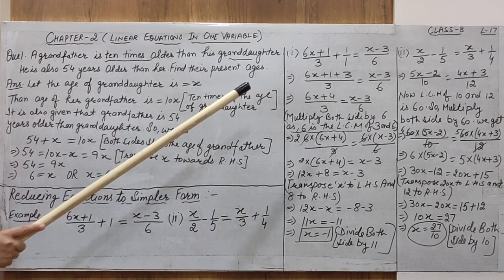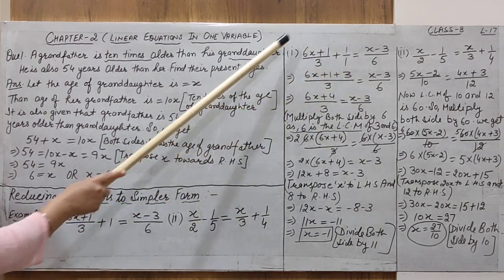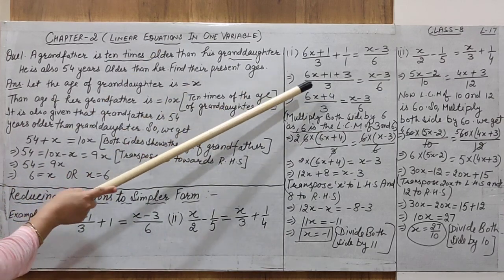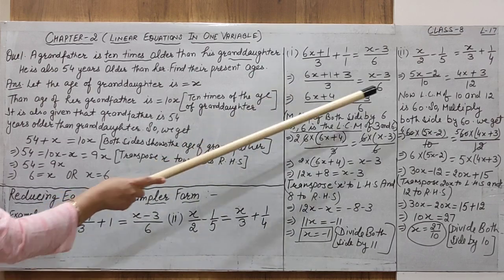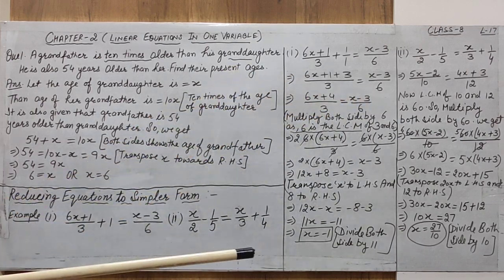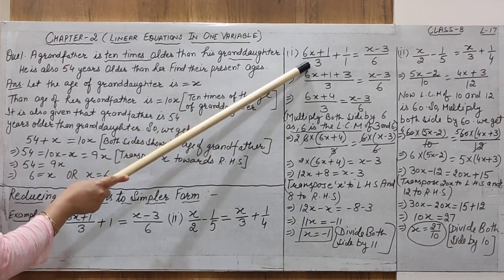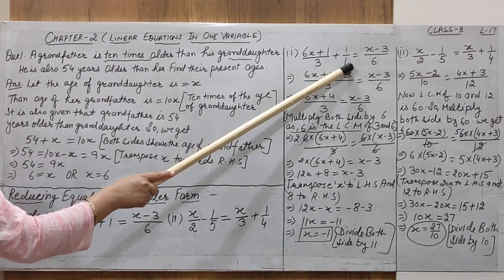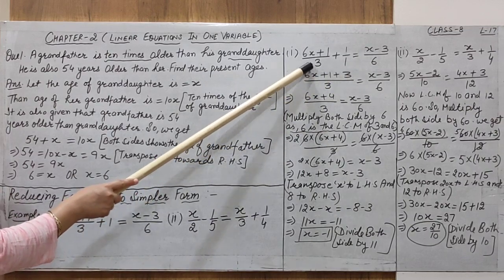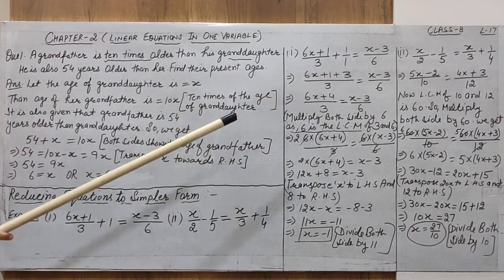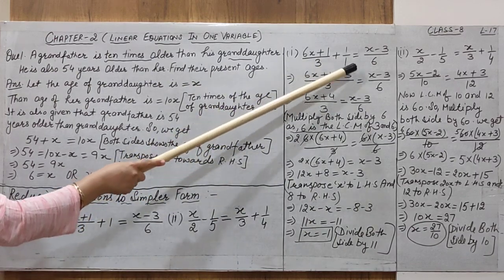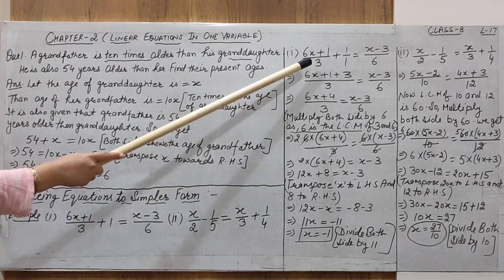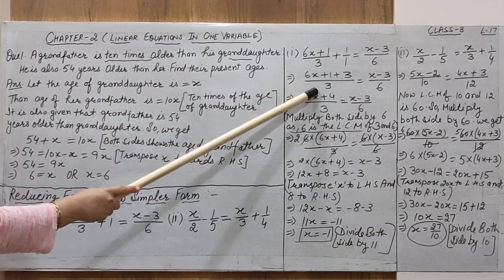Now second step, compile the left hand side and compile the right hand side also. Compile means there is only one denominator for the left hand side and one denominator for the right hand side. Now here the two terms are added with different denominators. One is 3 and second is 1. We have to take their LCM and add these two terms. The LCM of 3 and 1 is 3. You know, how we can find out the LCM. 3 multiply 1, that is 3, that is the LCM.